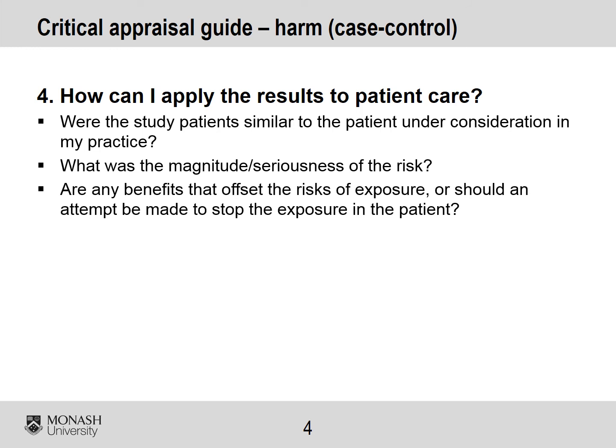So something like that may be smoking. So you may look at, does smoking cause lung cancer? Well, you might get an odds ratio of 15.5 that clearly demonstrates a negative effect. So you'd be hopefully saying, we should remove the exposure, i.e. smoking. Or you may have the other example of NSAIDs and GI side effects, and you may have an odds ratio of 1.1, in which case you could present an argument that the benefits, in terms of the therapeutic benefits, outweigh any